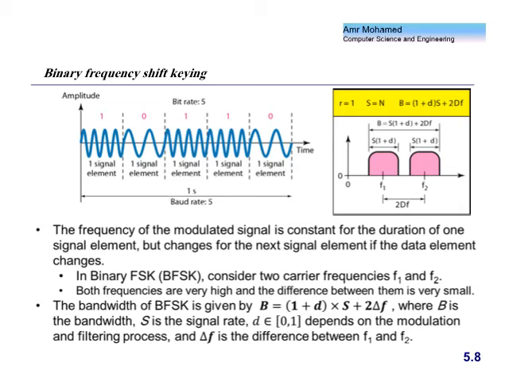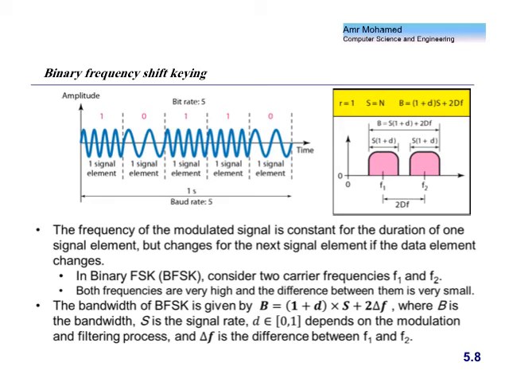So the bandwidth here is basically this half plus this half plus 2 delta F. Why do I have to make it this way? Because I don't know what 2 delta F is. This is something configurable. I can increase it or decrease it based on my need, right? So this is a function of 2 delta F, and it's up to you to make this large or small. And as we said, the minimum is S times 1 plus D.